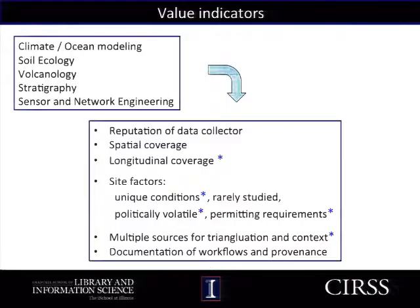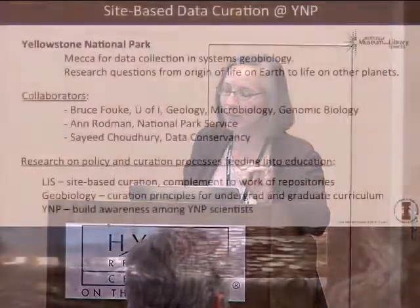OK, so anyway, we've been looking at what value indicators we can understand from our case studies. Here are some of the indicators we've identified from these different fields. And the ones that I put the asterisks next to are the ones we've discovered since then, going back and looking at our indicators, are associated with systems geobiology. And so we have a brand new project